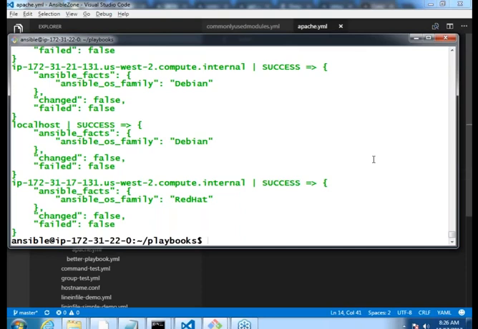For example, tomorrow you want to run this step only when your free memory is greater than some MB. Let us assume that is the case. Free memory, if it is greater than 500 MB, then only you have to execute this. Otherwise, you are not supposed to execute this. Let us assume that this is a case that comes in your configuration management. So how do you approach that?